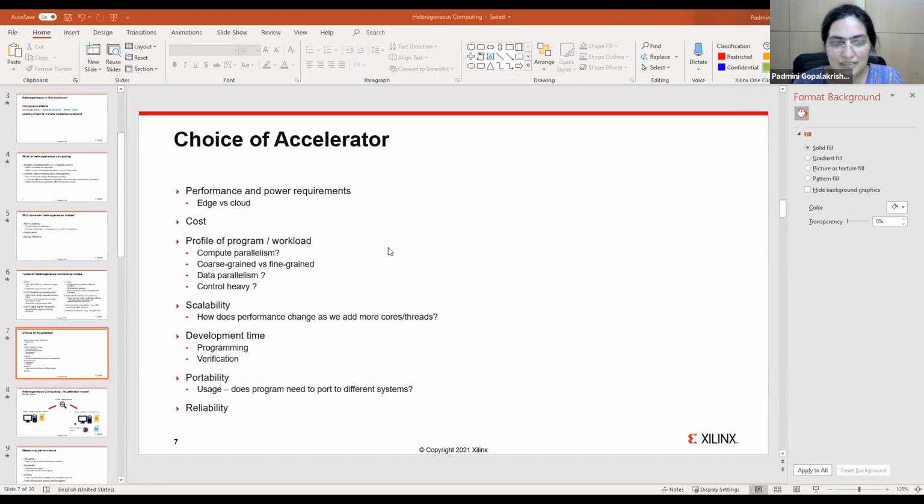Any application which runs on the edge typically needs to respond in real time. If you were to take an example of surveillance, it's not of much use to have a surveillance camera which takes 10 minutes to tell you that you have an intruder. You want it to be able to recognize that there is an intruder and alert you very quickly.